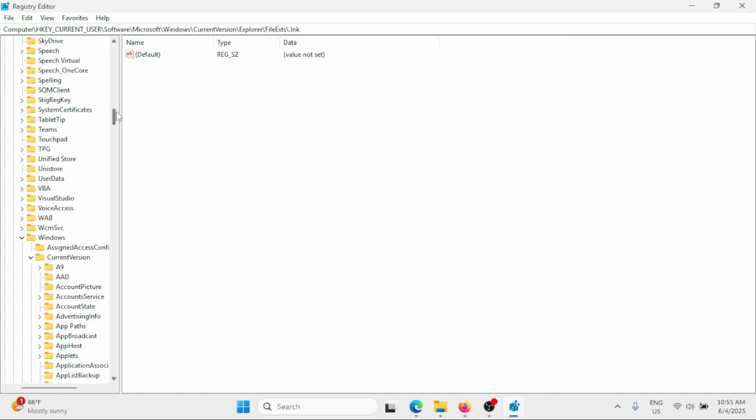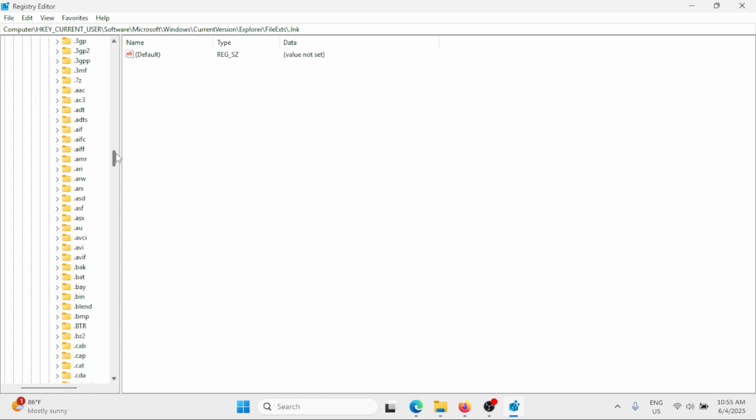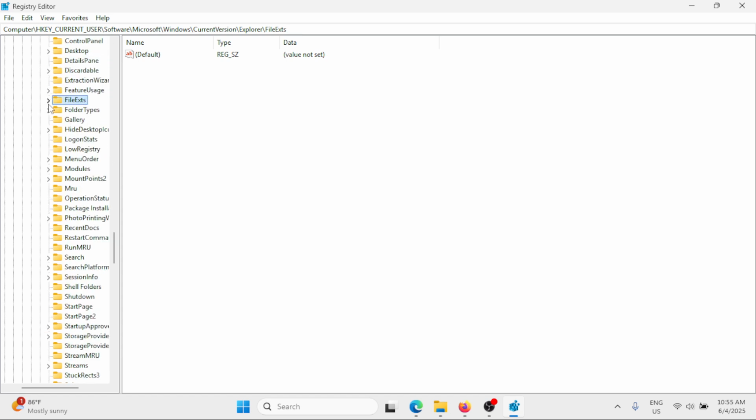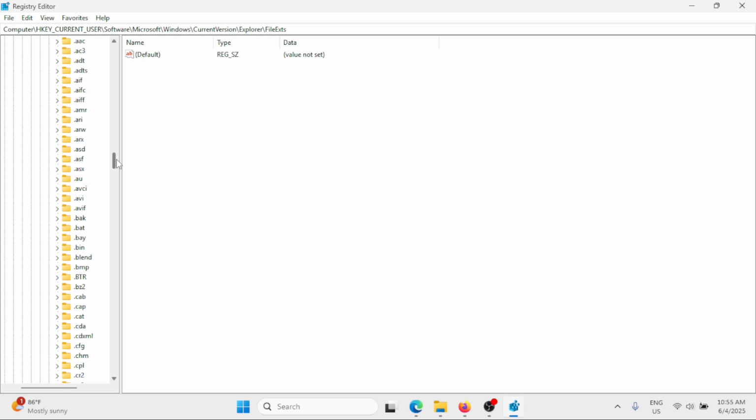Once you find the FileExts right here, click on the arrow to expand. Here you have to look for the extension .lnk. Since I don't have the extension here, it's .lnk. Click on the arrow to expand. If this is .lnk, click on the arrow to expand